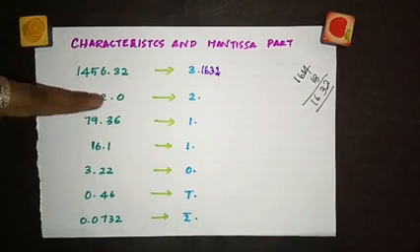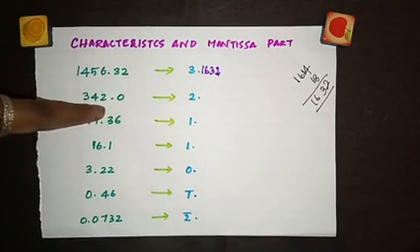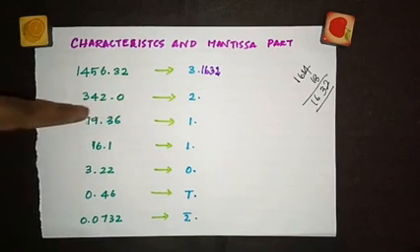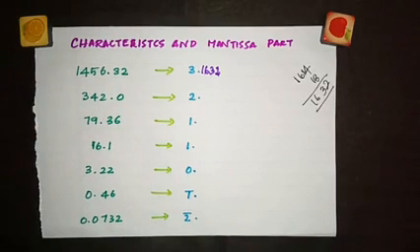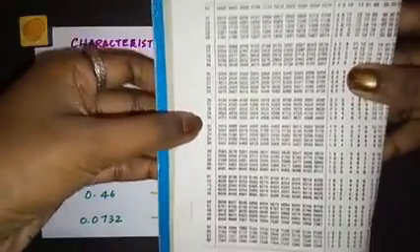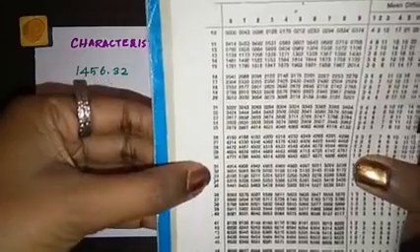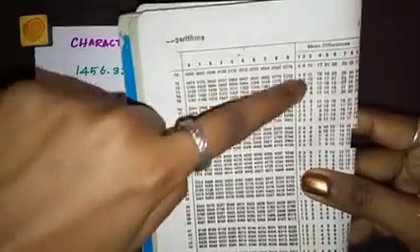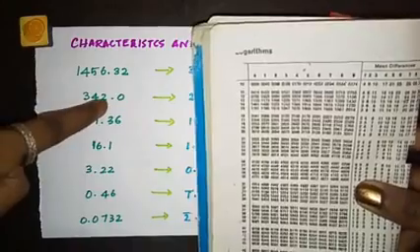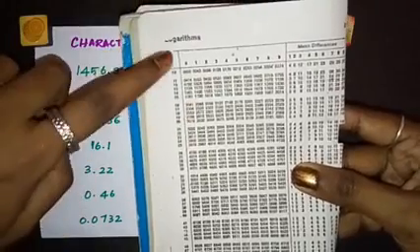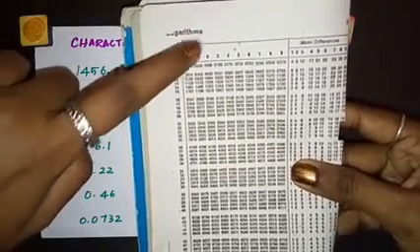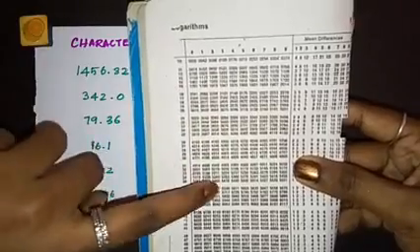The next one, 342.0. Don't worry about the decimal, as I told you. Take the first 4 digits. For 0 we don't have mean difference, so just take the first 3 digits. 34, 2. So now how to look into the log table. Now this is the log table. For the first 2 digits, you have to look here. So you have to look for 34 here. So where is 34? This is 34. In 34, which number you have to look for? This 2. This is the third digit. And remember one thing, it starts with 0, not with 1. So 0, 1, 2. So the third one is the 2 value.